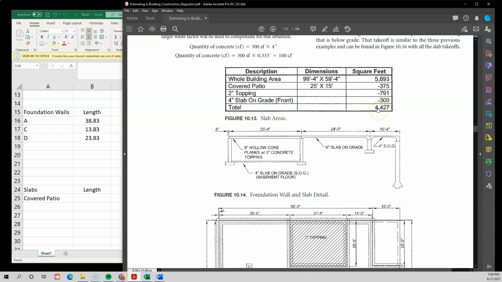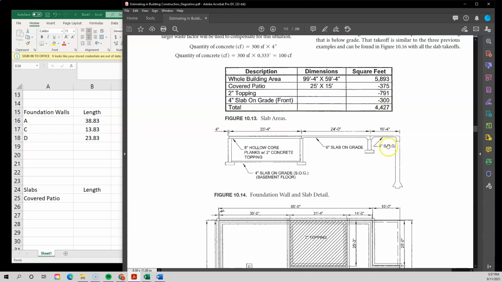He's totaling up actually square footage. So I was wrong actually. That's not cubic. It was labeled up here. I would like to see it there. Total square feet. So yeah, this is just square footage. Kind of a weird way to do that. I don't know why he didn't